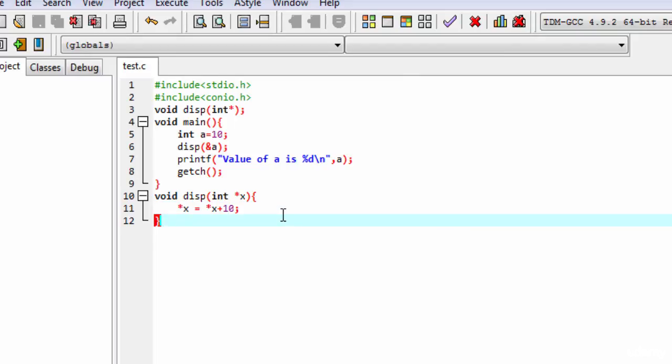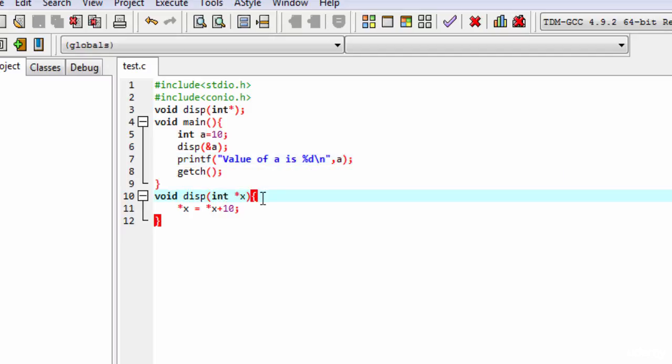So this is how a function can change the values of variables which are not accessible in it. We cannot change the value of variable a through this function without using call by reference. So when we use call by reference, we can simply access or change the value of any variable